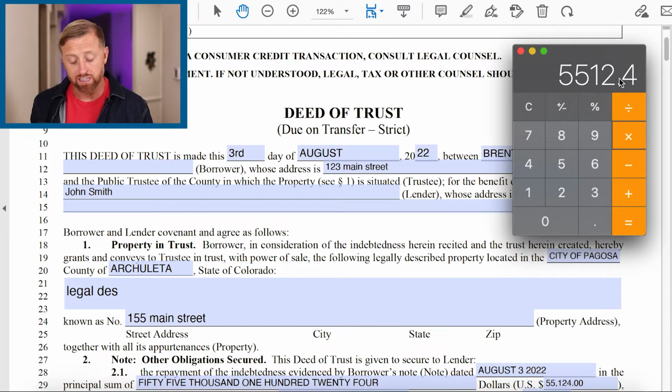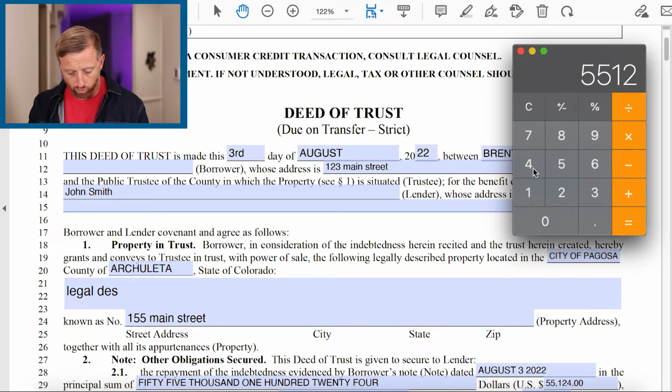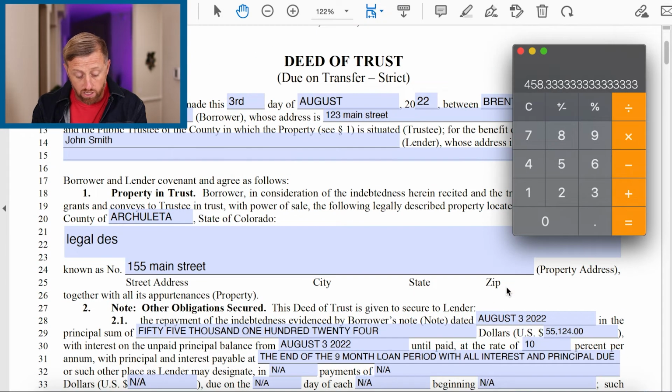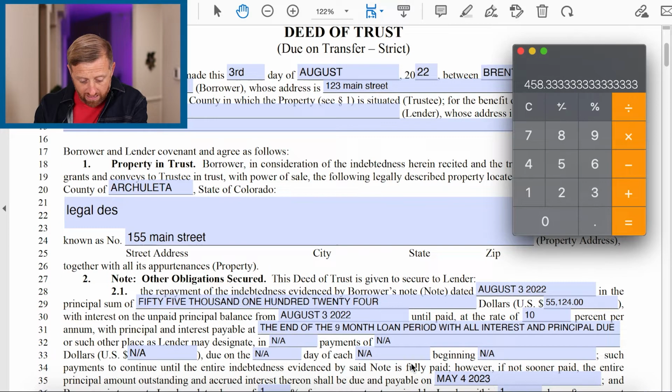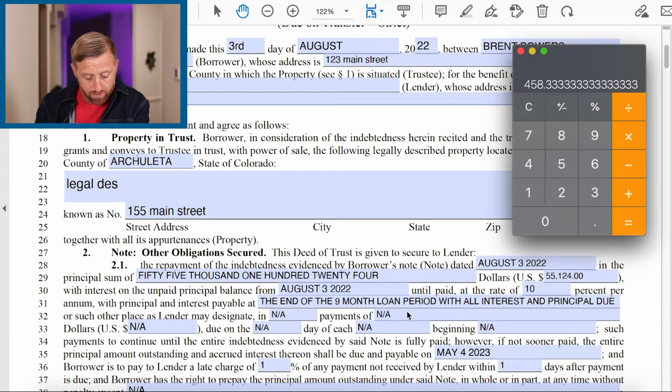And if you pay them once a year, then they're not spending the payments of whatever the payments would be on $55,124 times 10%. So it's $5,500 a year. So if you would divide 5,500 divided by 12, they would get payments of about $458 a month. So if they wanted payments, you would put that right here. The other places lender may designate in blank amount of payments. So that's where you put how many payments, the dollar amount,